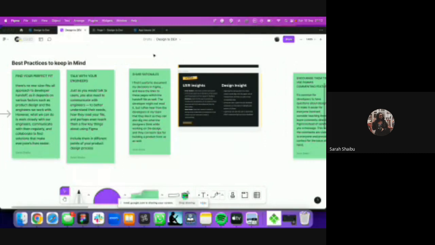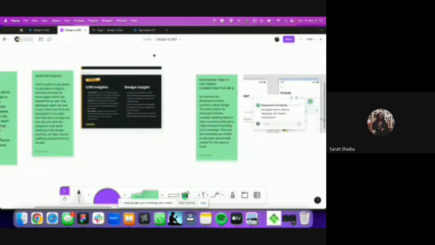So not every developer might read it, but I often hear from the senior developers in my team that they want to dig into what I was thinking while I worked on the design or while I came up with a certain strategy or decided to use a certain component. And they're actually learning how we think about building products from reading our design insights or why we decide to make these decisions. So it's very important to share your rationales with developers so that they can understand your mindset when you were designing something.